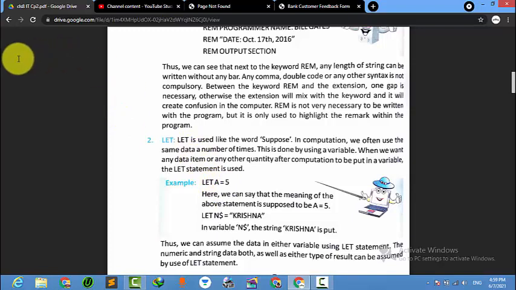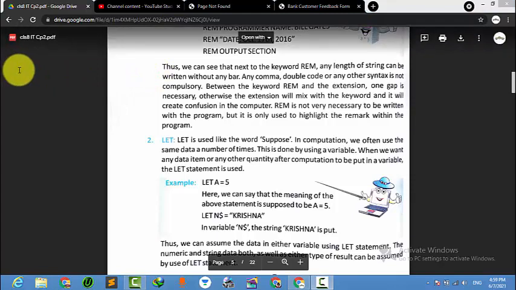Suppose I want to write: let Loma have 5 rupees. This means Loma is having 5 rupees, right?